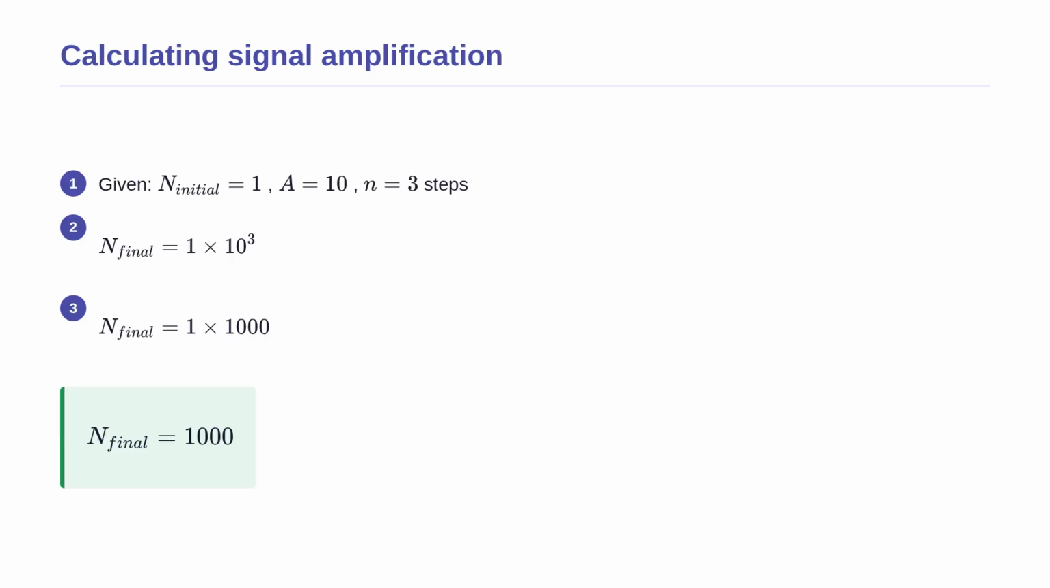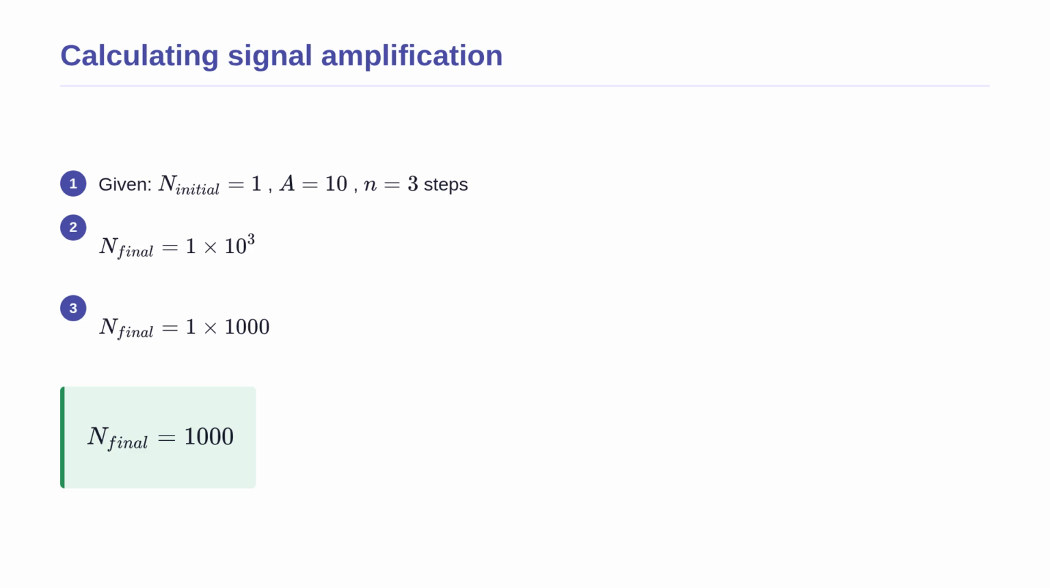Let us calculate how powerful a single metabotropic receptor can be using our amplification formula. Suppose a single molecule of norepinephrine binds to a receptor, so N initial is 1. This receptor activates a cascade with 3 distinct steps, activating G proteins, then adenylyl cyclase, and finally producing cAMP. So n equals 3. If the amplification factor A at each step is 10, how many final cAMP molecules are